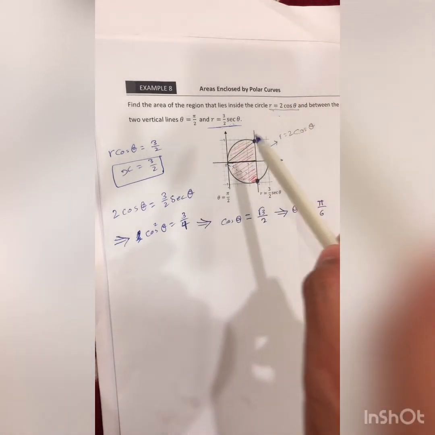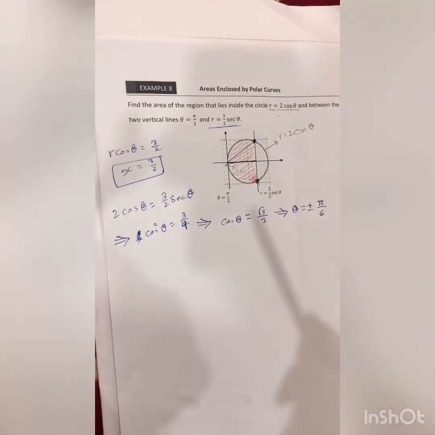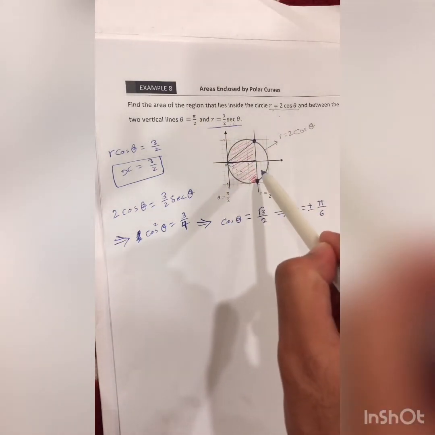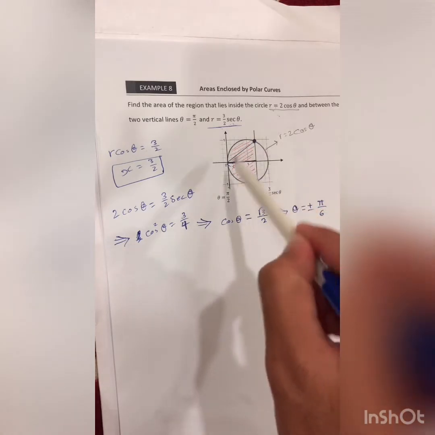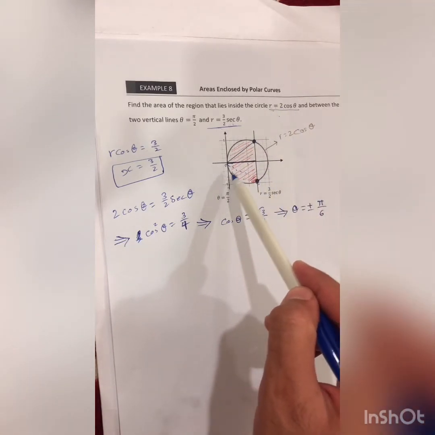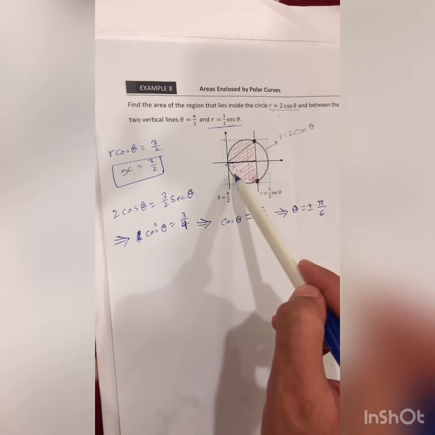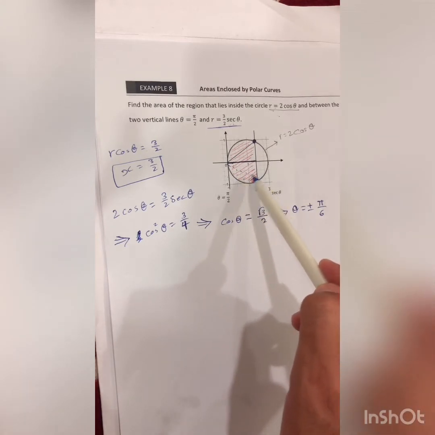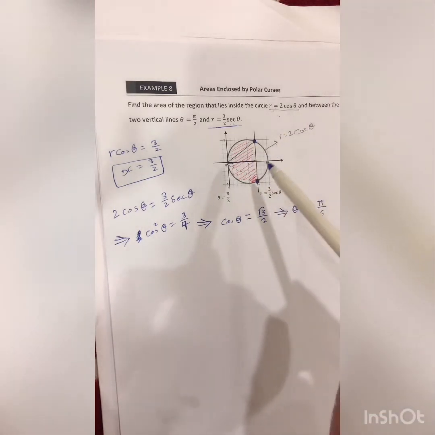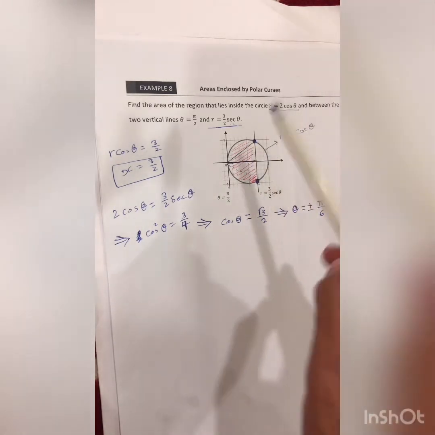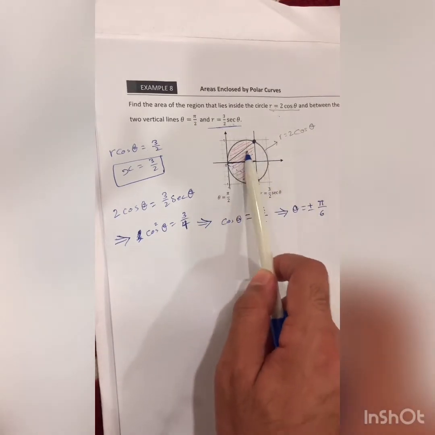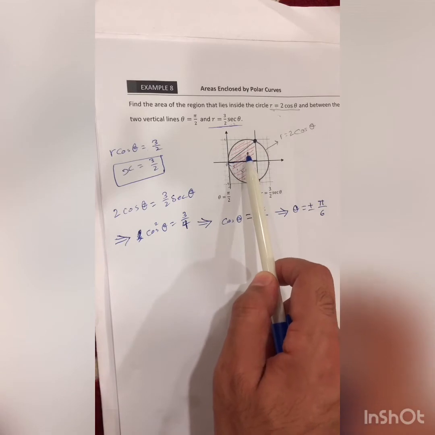Now, the area that we want to find is the area that is inside the circle, but between those two vertical lines. So inside the circle and between those two vertical lines, it means this red shaded area is the area that we want to calculate. Another thing, note over here that this shaded area is symmetric about the